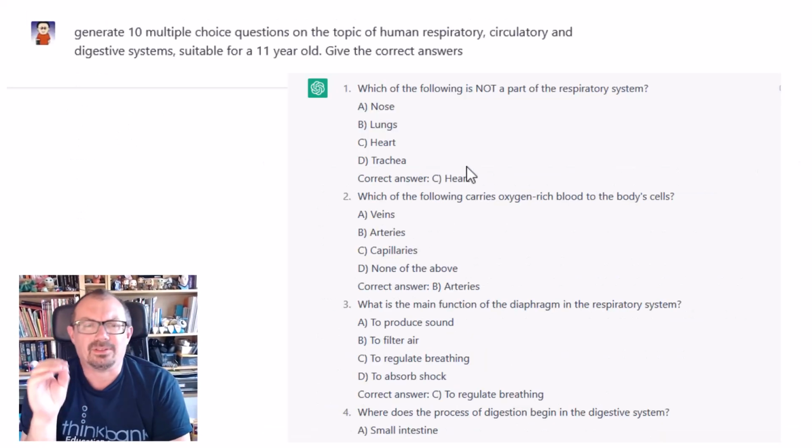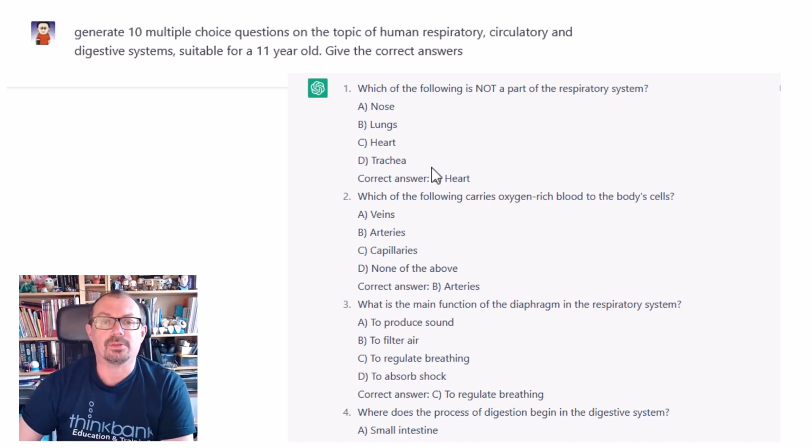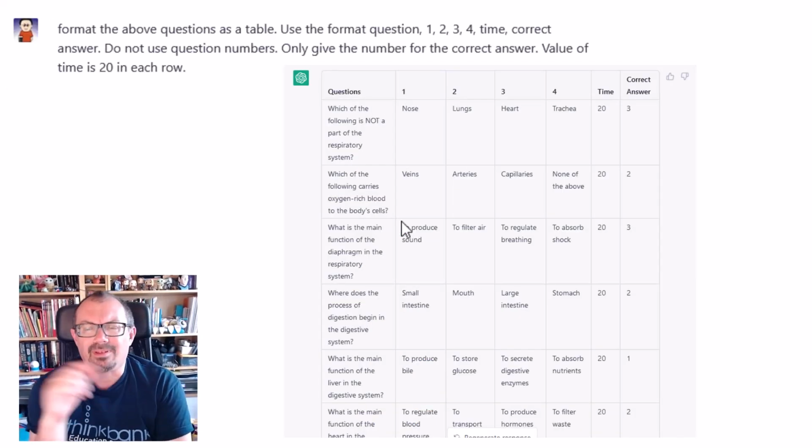And then also getting to the multiple choice quizzes again from earlier on. I went back into that. So I want you to generate 10 multiple choice questions. Please let me know what the answers are, and it went through that, and here we go. A, B, C, D, here's the correct answer, and so on. That was good, but I couldn't really use it in that form. I wanted to use it in something like Kahoot.